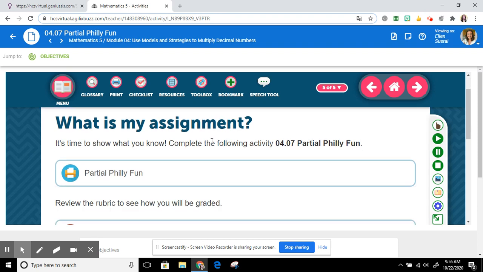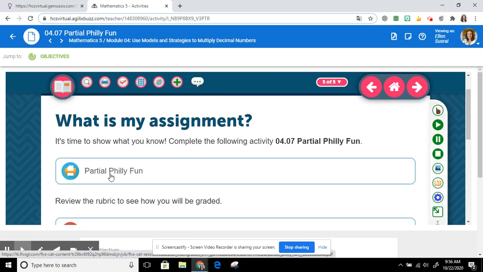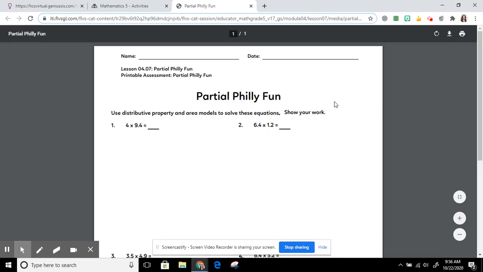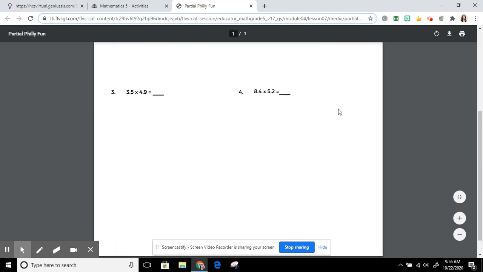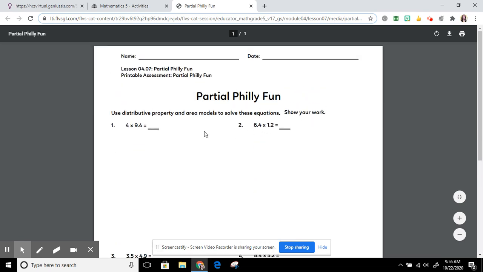Under What is my assignment, you've got your worksheet here, Partial Philly Fun. I'm going to go ahead and click on that. And this is a one-page worksheet. It's got 4 problems. And in the directions, it says to solve using the distributive property and area models. So boys and girls, in order to get full credit, you need to show your work using the distributive property